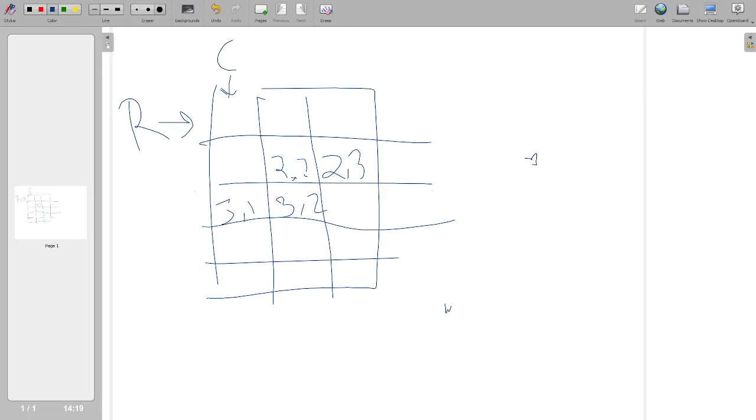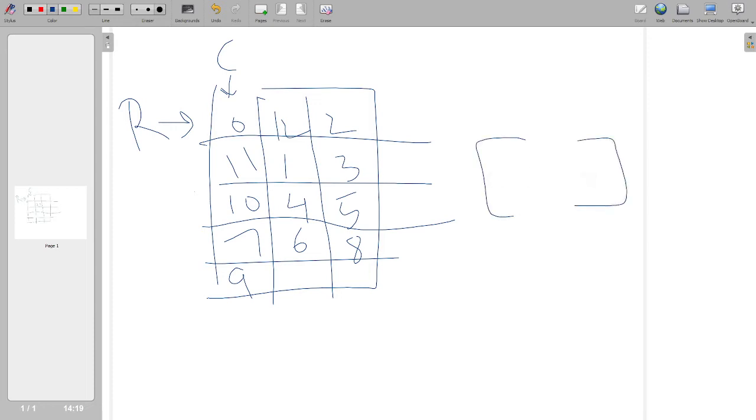So if I want to delete all this, let's try to delete this first of all. So now if I want to refer to the element with value 1, I will say 2 comma 2 element.